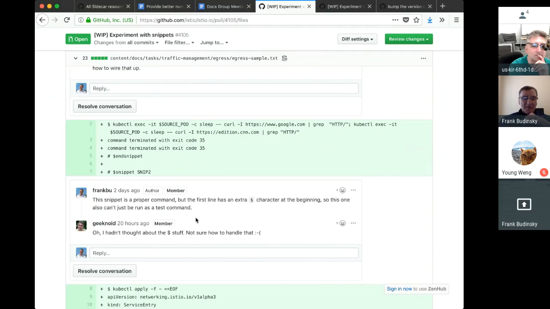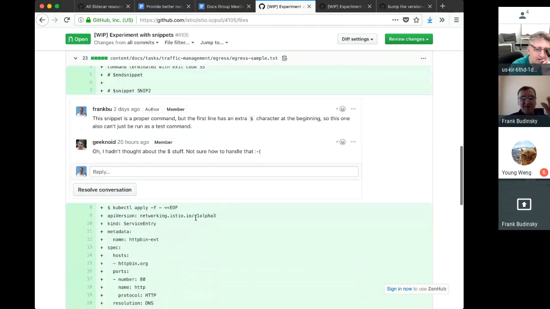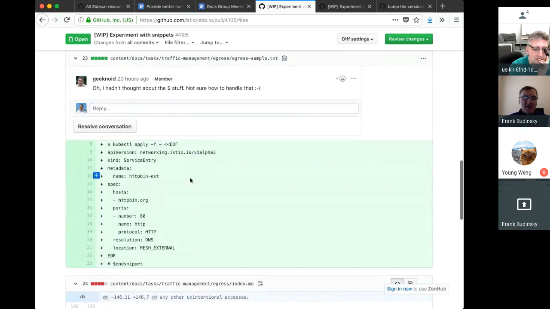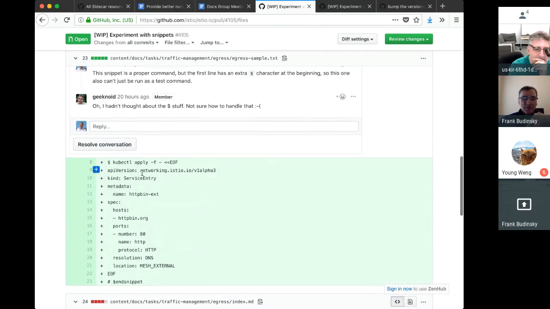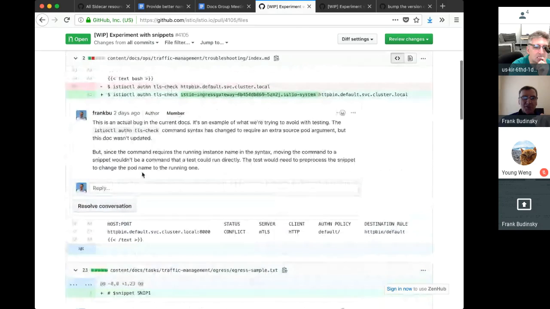So somehow the test framework would have to massage this file. If we had this file before it could run it anyway, it would have to take off the $ signs or remove outputs or some other way. And the second one, I guess the same problem, is almost fine, except for the extra $ sign. If you just tried to bash this file with this in it, it would choke on the $ sign. Before we just move on, the third thing I just wanted to show,